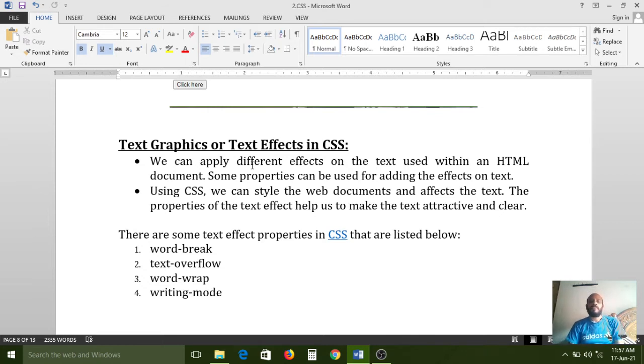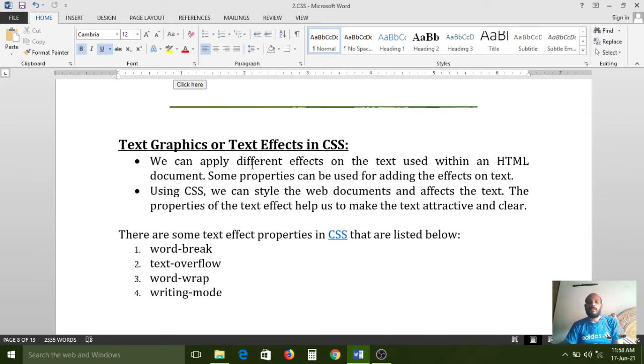We can apply different effects on the text used within an HTML document. Some properties can be used for adding effects on the text. If you want to add any graphics or effects on the text, in that case we can use text graphics.